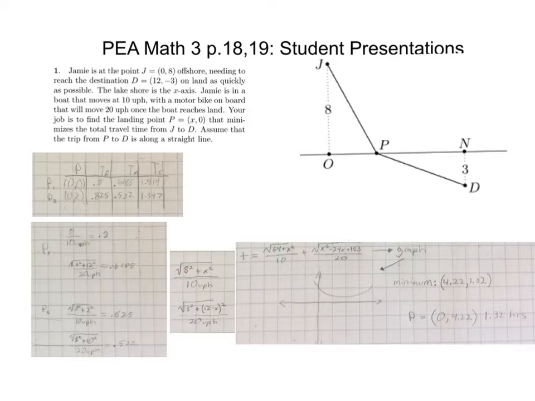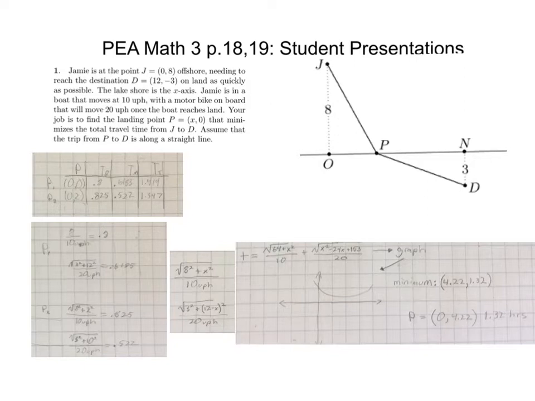And then to find the time on the motorbike, I used the Pythagorean theorem. So I did 3 squared plus 12 squared, and then the square root of that divided by 20 units per hour to find the time on the motorbike, to find the total time. And repeating that with P equals (2, 0), not (0, 2),